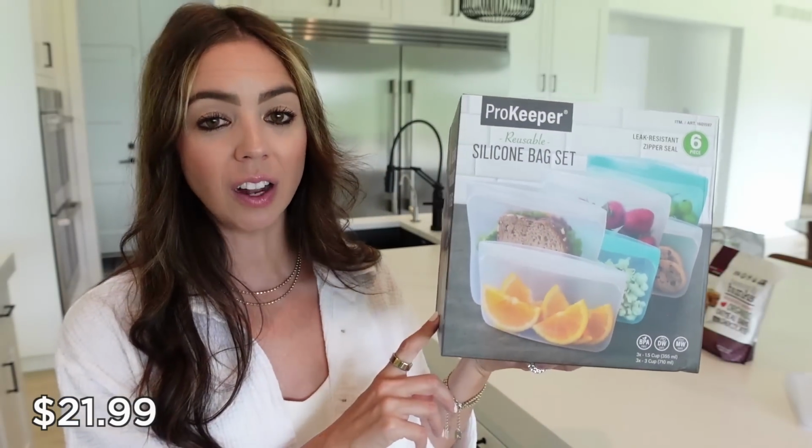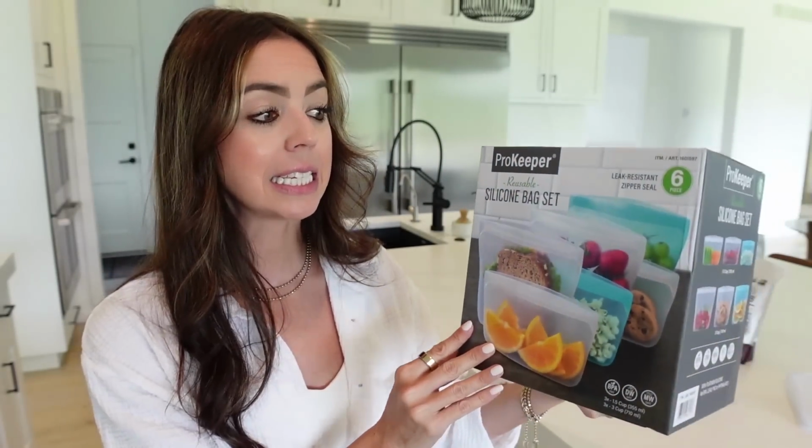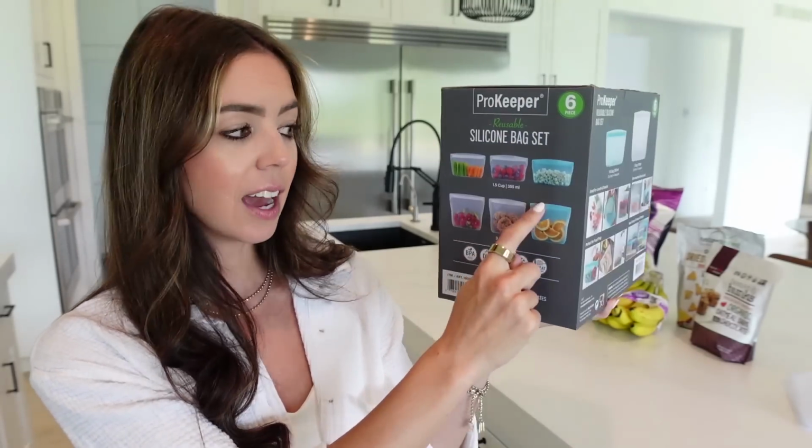But when we were at Costco yesterday, I saw, not me, Kaya saw it first and he was like, babe, for $21.99, you get 6 bags in here. Given 3 of them are the smaller snack size, so like the 1.5 cups, which is great for packing snacks in your purse or throwing them into your kids' lunch boxes. But then you also get 3 of the 3 cup size, which is perfect for smoothie bags. So for $21.99, I think this is a great value,